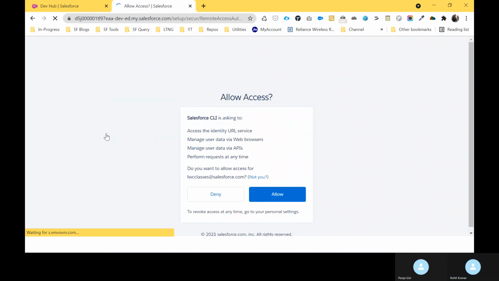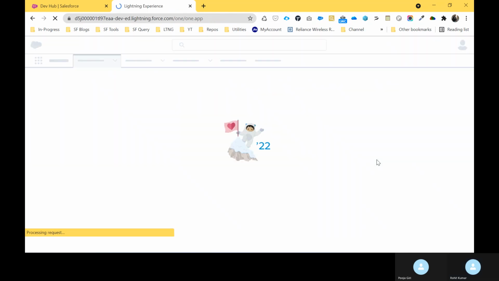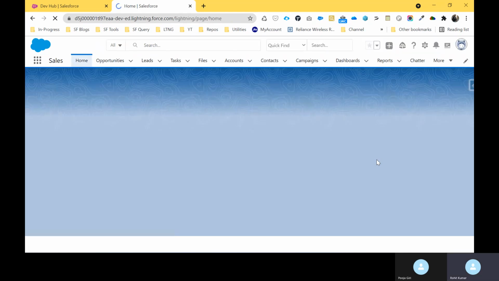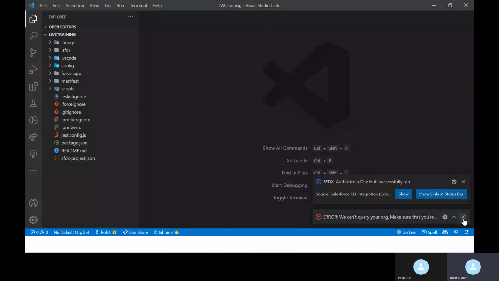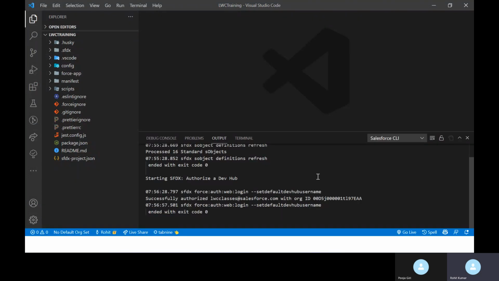Always click allow for the CLI purpose. After that you can see it's successfully authorized, and you can see under the command palette as well that it successfully authorized this username, which is our username.